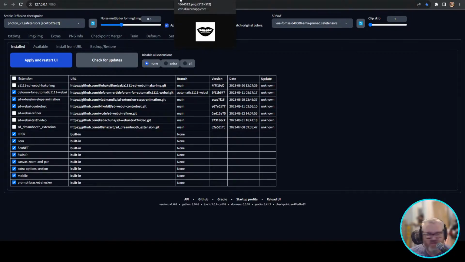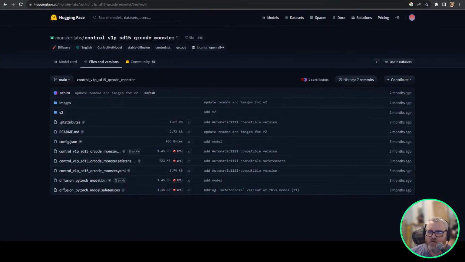And then I think the first time you run it, it'll just grab the models it needs. But then for the QR code model, all that stuff's in the description of the video, so you can just grab it from there. You want this file right here. I already had it open, and that goes in SD extensions, SD WebUI, ControlNet models.